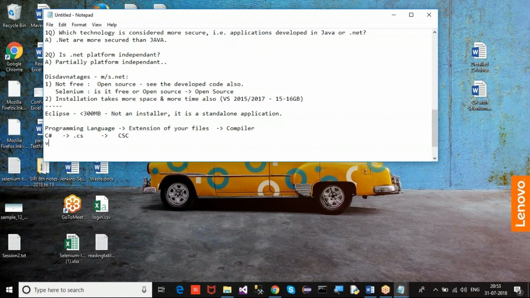So let's just fill in VB.NET. If you're writing something in VB.NET, what is the format it is saving? The file extension is .vb. Every programming language has its own compiler. So here it is VBC. See, CS stands for C sharp and C is for compiler. So VB compiler. And similarly,